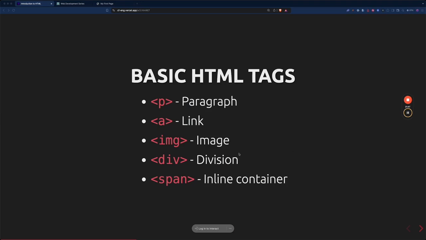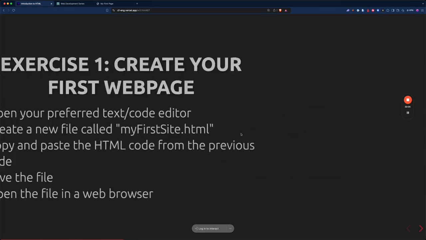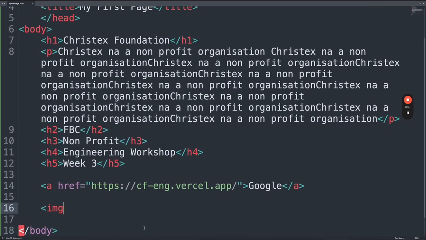Another HTML element you can look at is the image, right? How to add a picture inside your web page. So we've learned how to add a paragraph and how to link an external page. Now let's learn how to add a picture inside your web page. To do that, we use the img image tag, and similar to how the a tag works, the image tag also takes in